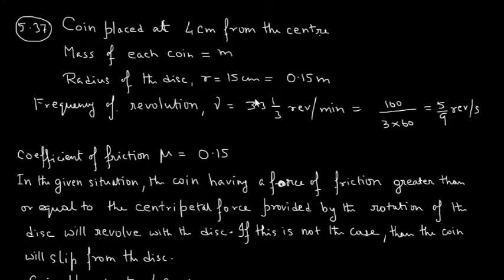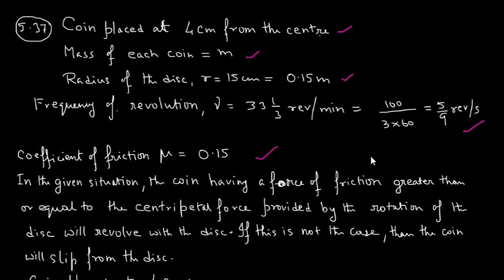Coin placed at 4 centimeter from the center. Mass of each coin is m. Radius of disk is 15 centimeter, that is 0.15 meter. Frequency of revolution nu is equal to 33 1 upon 3 revolution per minute, that is 100 upon 3 upon 60 revolution per second, that is 5 upon 9 revolution per second. Coefficient of friction mu is equal to